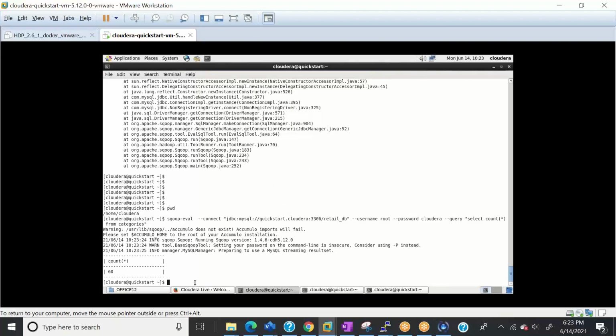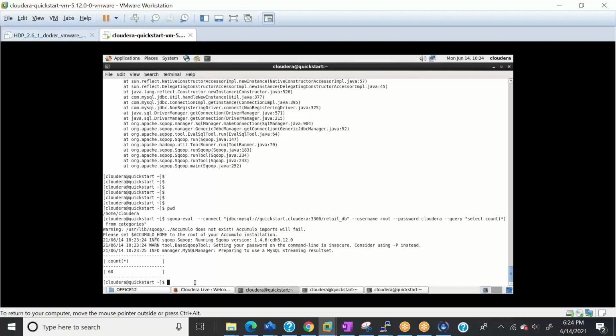Let me repeat the same concept again. Whenever you want to import data from MySQL or any RDBMS, you need to know a few things, right?